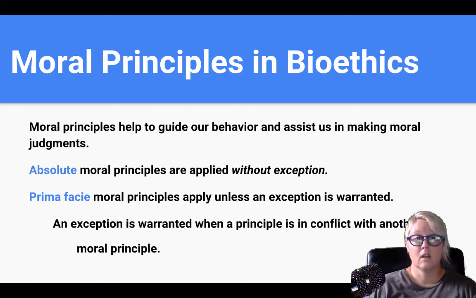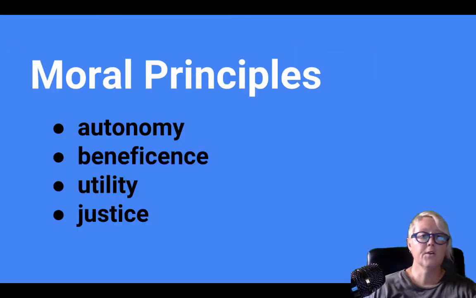Welcome to bioethics. We are going to be talking a lot about how one moral principle is in conflict with another moral principle throughout this course. There are a number of different moral principles. The primary ones that we will be concerned with this semester are the principles of autonomy, beneficence, utility, and justice. We're going to see these over and over again, and we are going to deal with conflicts between and among these principles. Like, we know that beneficence is a moral principle that we should follow, and we know that autonomy is a moral principle that we should follow.